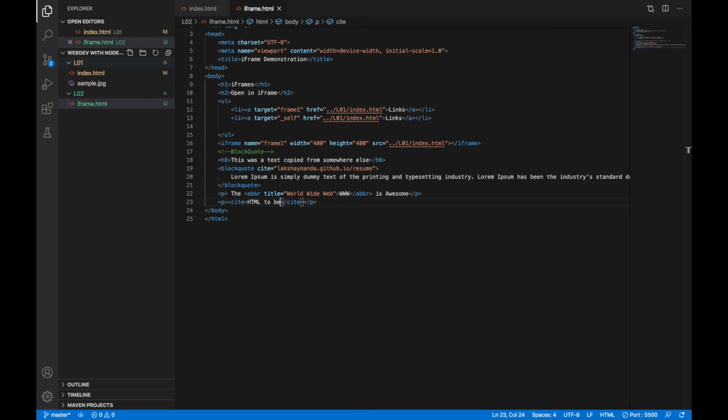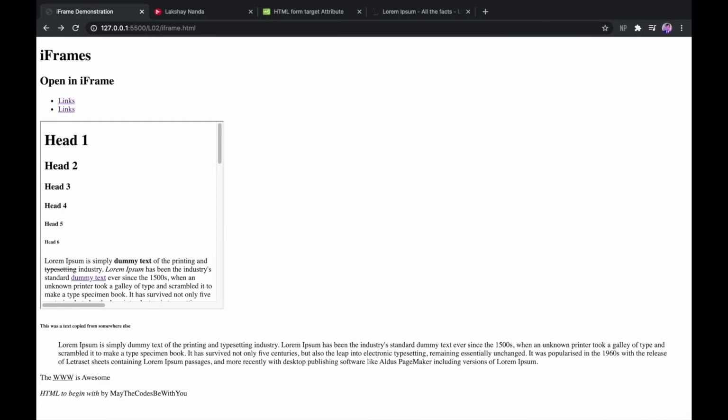HTML to begin with. If I want this to come inside, and May the codes be with you. So what would happen is that we get this in italics. That is the main reason for using cite.